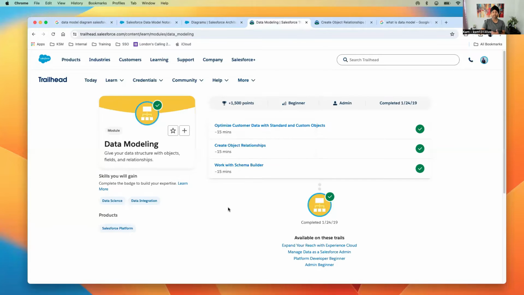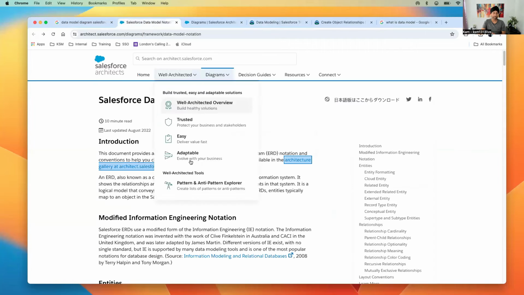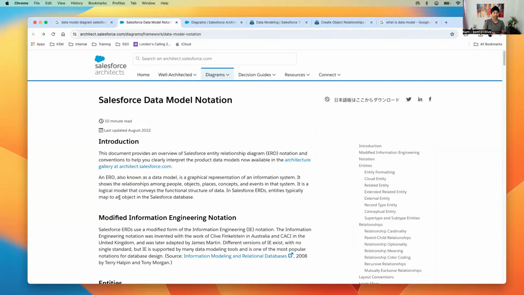So this is my simple Salesforce Trailhead where we have data model chapters 1, 2, and 3. The last one is about Schema Builder. Let's see if I can cover it in this video. If not, then obviously we'll continue to the next video, and I will talk about this. Okay. Before I jump on to create object relation, or what is object relationship, I will show you the data model, what exactly